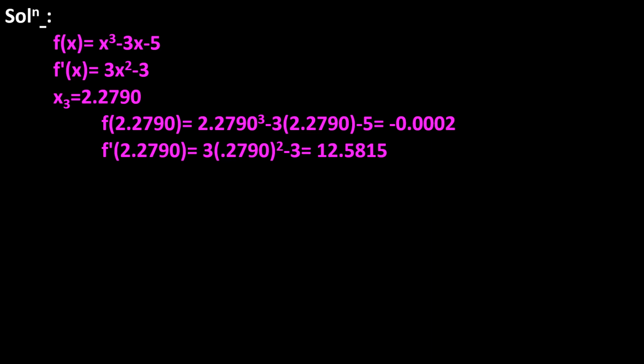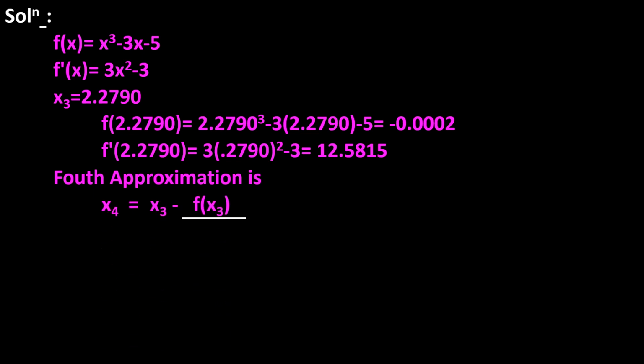Then the fourth approximation is x4 = x3 − f(x3) / f'(x3), because the formula is x_{n+1} = x_n − f(x_n) / f'(x_n). So x4 = 2.2790 minus, again f(x3) is −0.0002, therefore minus